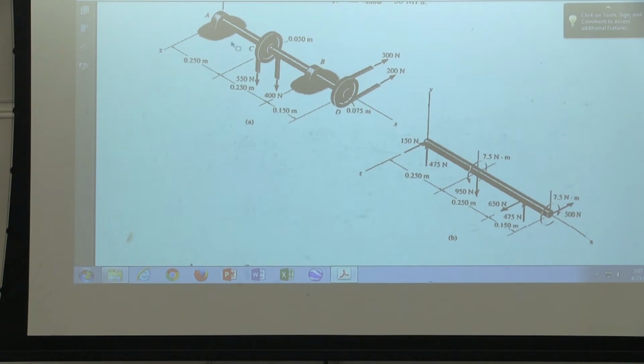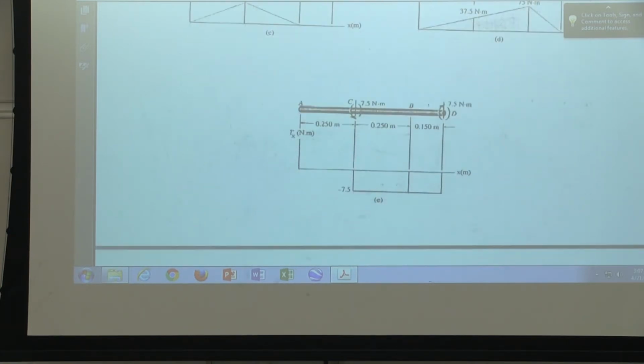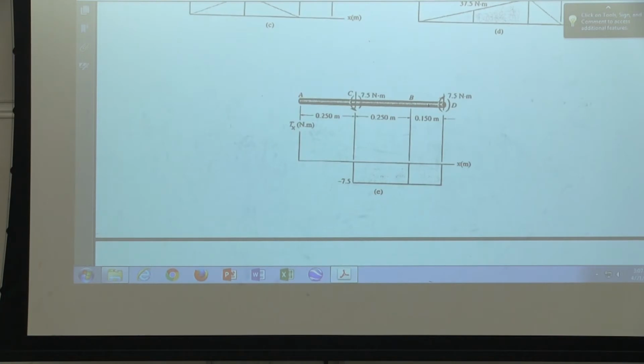There is nothing between A to C. Yes or no? There is torque between point C and D. The value of that is either this one or that one, because the two must be equal, otherwise it is not in equilibrium. These are the things you learned in the past. Yes or no? Okay, going down this list, you will see that this is the torque diagram. Everybody see that? 7.5 Newton meter going this way, 7.5 Newton meter going that way.